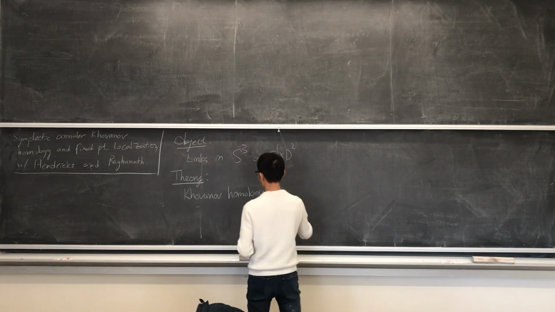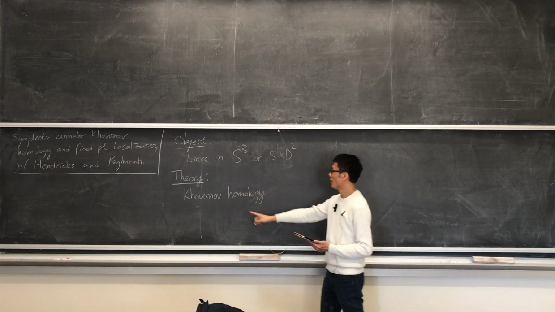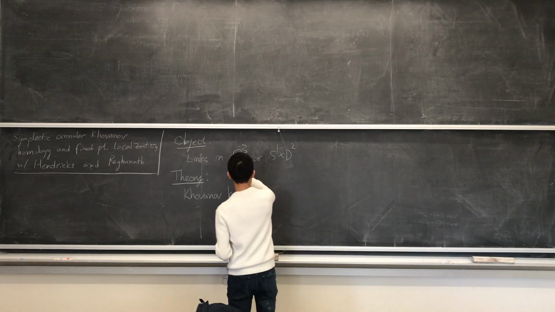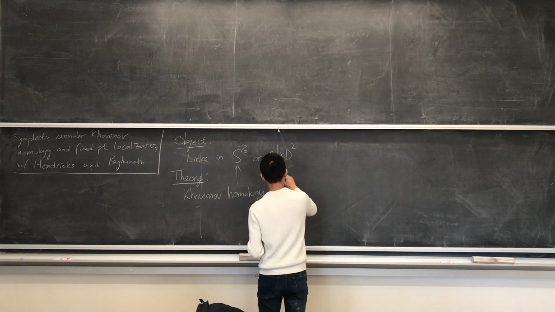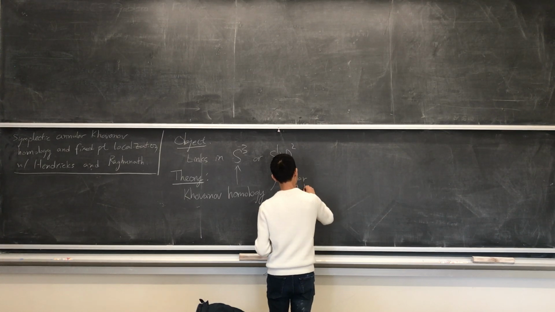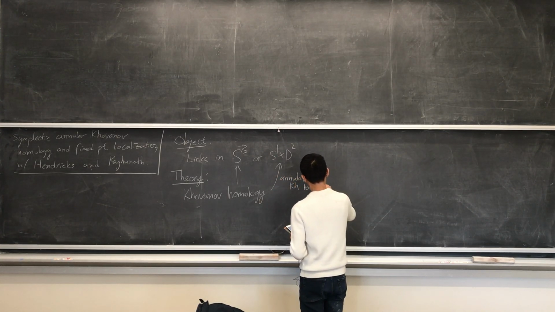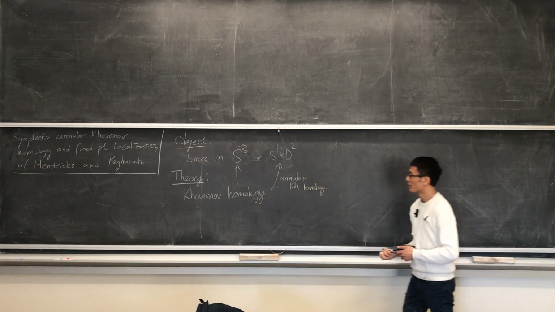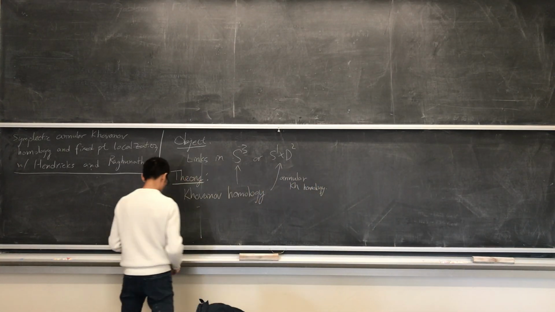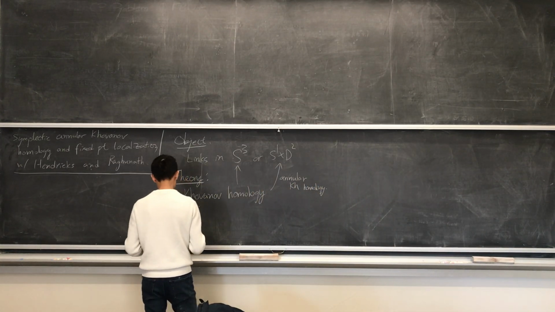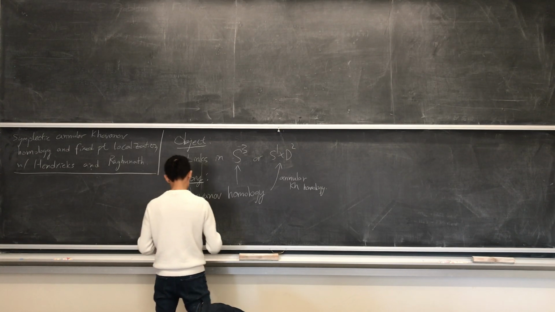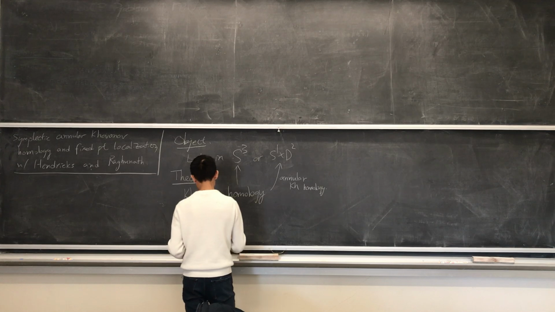In the case of S3, it is Khovanov homology. In the case of S1 cross D2, it will be annular Khovanov homology. So these are link invariants up to smooth isotopy. And the goal of my talk is to explain that